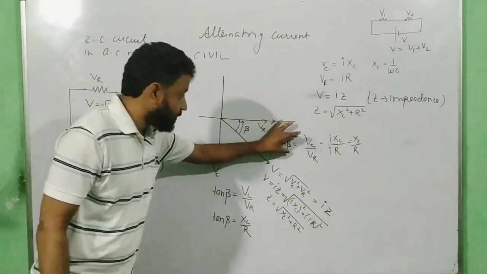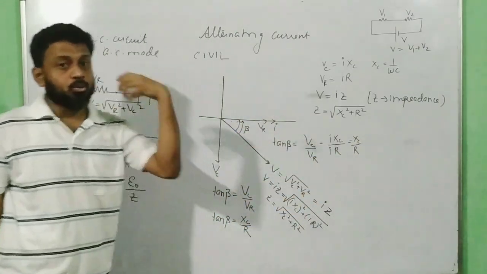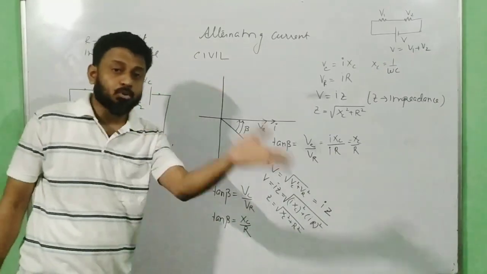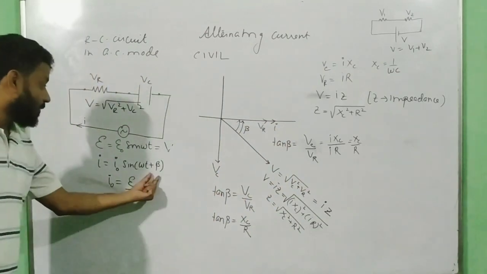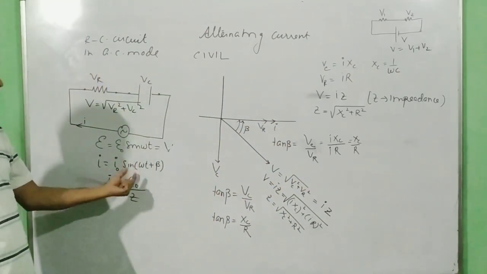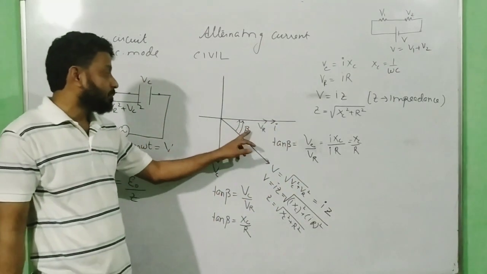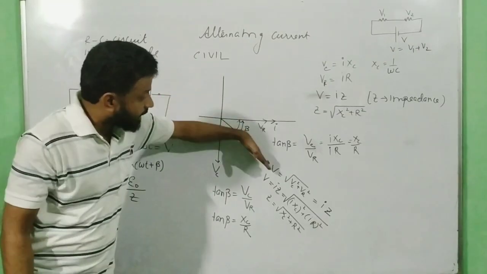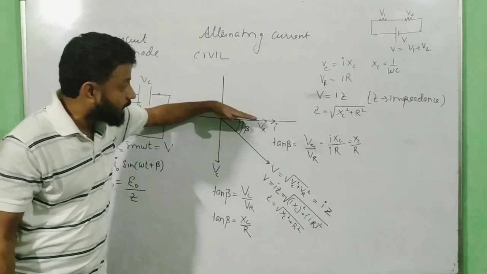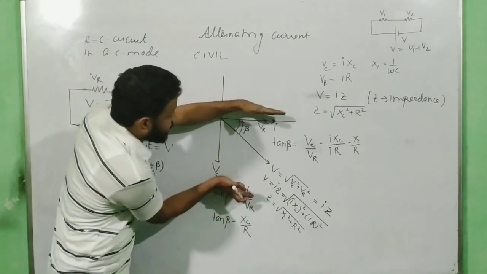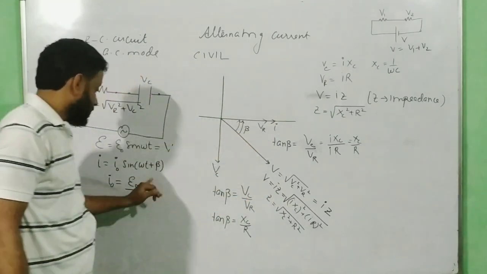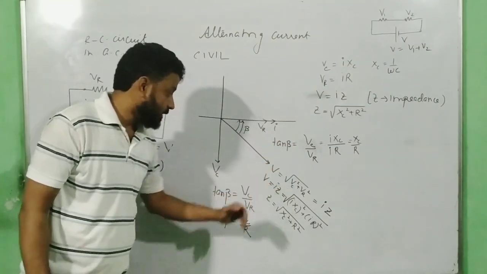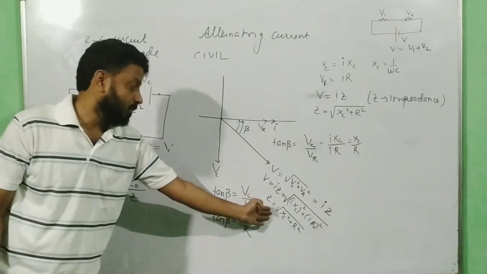So what is the significance of beta? Beta we have to know so that we can find the lag or the phase difference between the net potential and the net current. And we have found that it is equal to beta. How did I justify that it is plus beta? I justified this as plus beta because you can see here in the phasor diagram the V will be lying in this direction between VR and VC. I is over here, so I is ahead of V by beta. So plus beta. Okay, this is how to find beta. This is how to find net potential, and this is how to find the net impedance of the circuit.